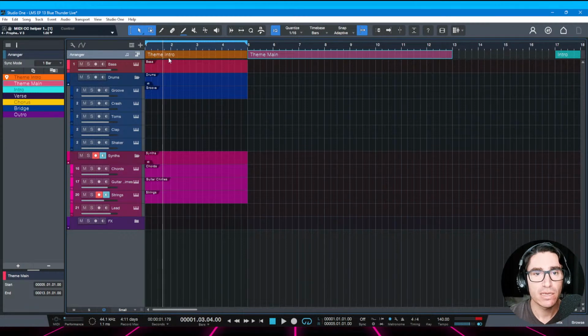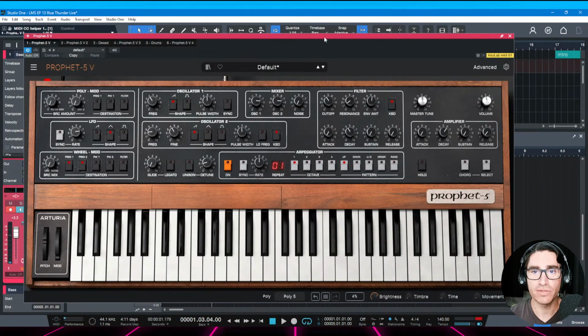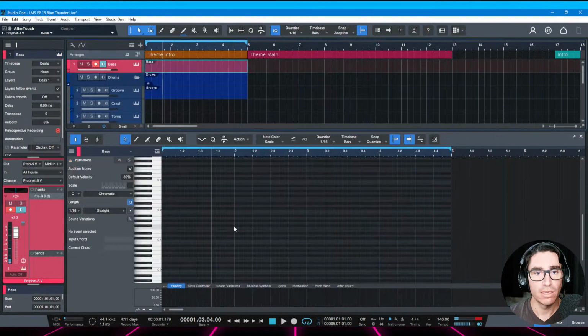And the intro is a very interesting sequence using a flatline bass kind of patch. In this case, I'm using the Prophet 5 by Arturia. And it's this kind of sound. And we're going to play a continuous stream of A notes